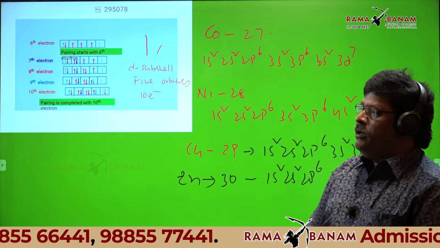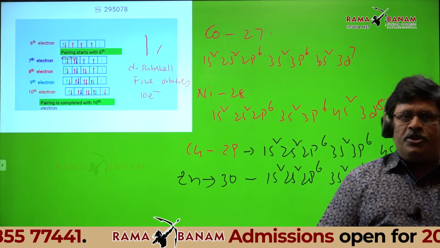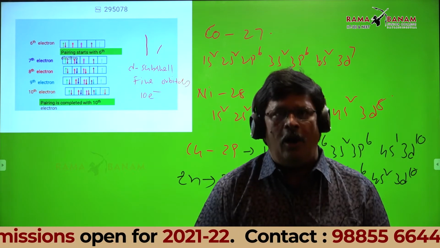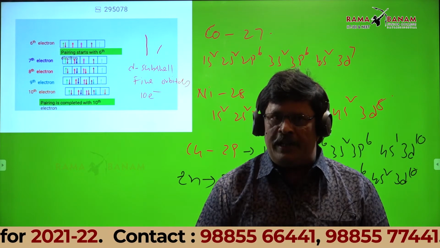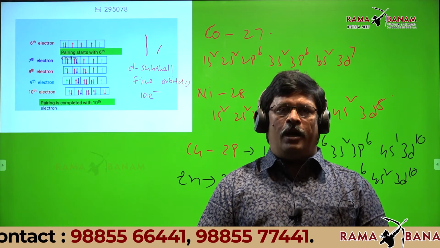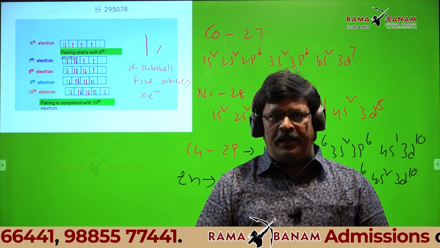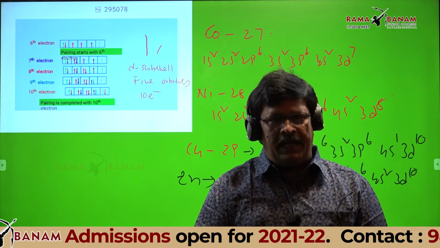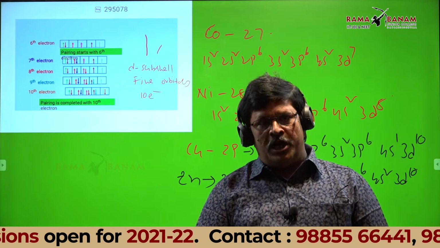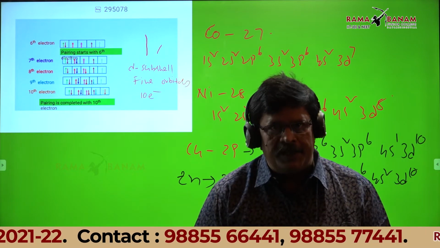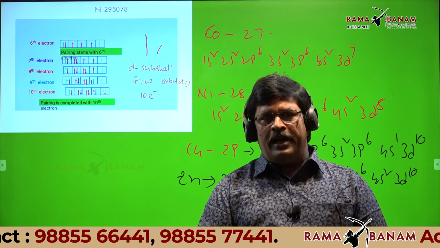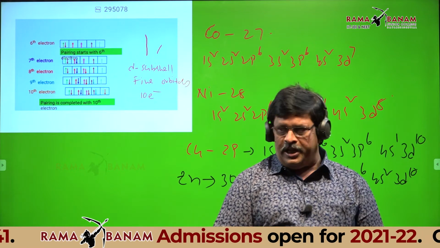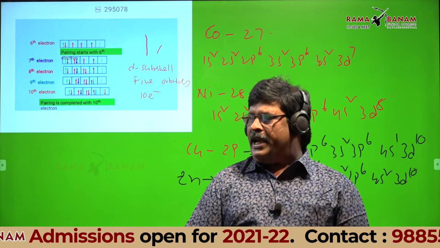Based on this, we will discuss so many questions which are useful for your JEE Main, Advanced and NEET examinations and all competitive examinations. Students, I will give 5 minutes time to you all. Today we discussed 21 to 30 elements configurations, that is from scandium to zinc. You just go through the configurations what we discussed. If any doubt is there, you can clarify your doubt. After that, I will continue the lesson.